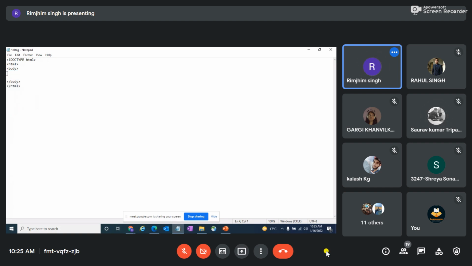So now let's cover an example for UTF. As I was telling you in class, 65 to 90 is my uppercase value and 97 to 122 is my lowercase value. So if I want to print that in my HTML program, how do I do that?